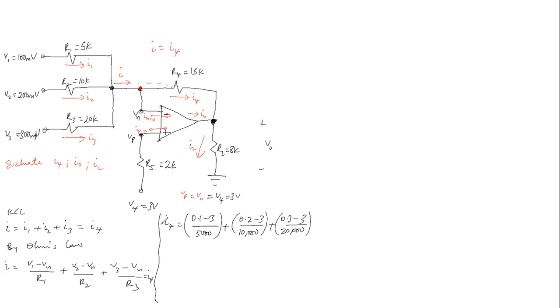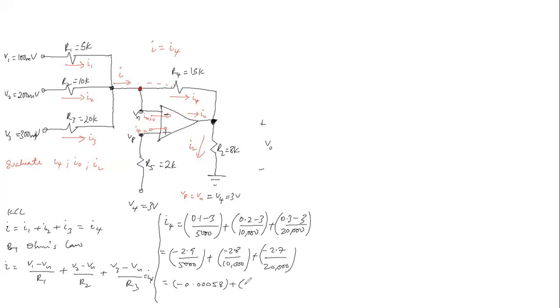Good. And now this is going to give us negative 2.9 divided by 5,000 plus negative 2.8 by 10,000 plus negative 2.7 divided by 20,000. Now this is going to give us negative 0.0005 A